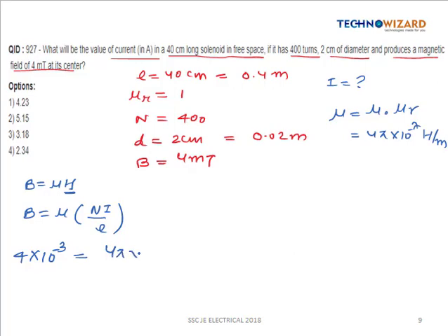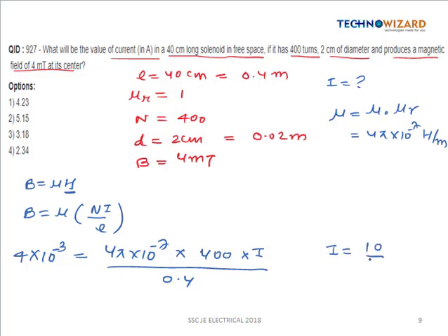So this will be equal to 4 pi into 10 to the power minus 7 into number of turns, 400. We have to find the value of current I divided by length, 0.4. After simplification, the value of current comes equal to 10 by pi, which is equal to 3.18 ampere. So option C is the right answer. Now the next question is,